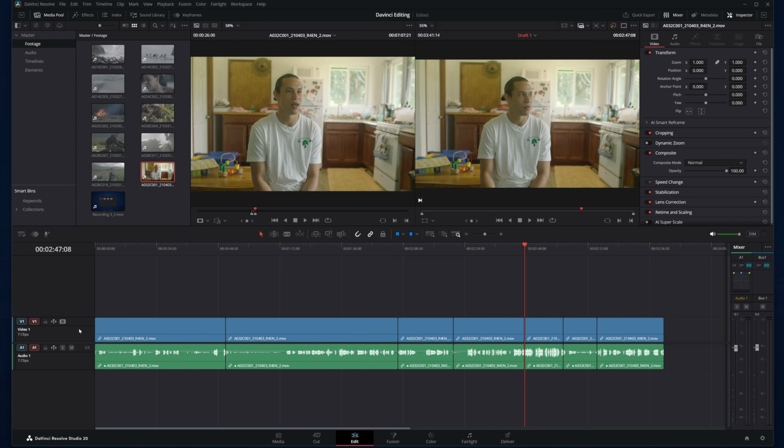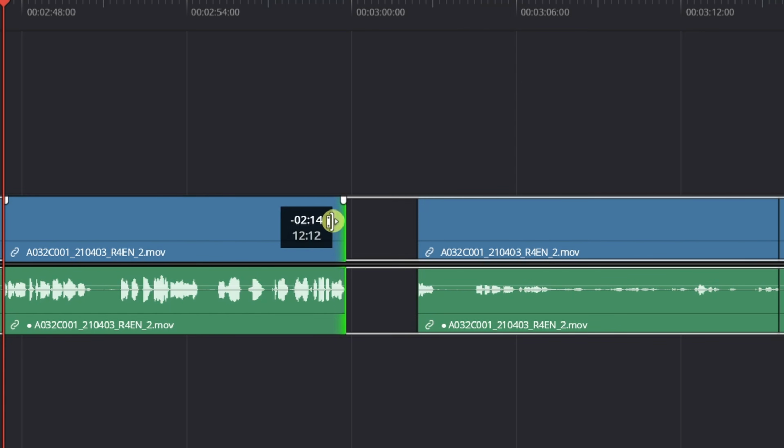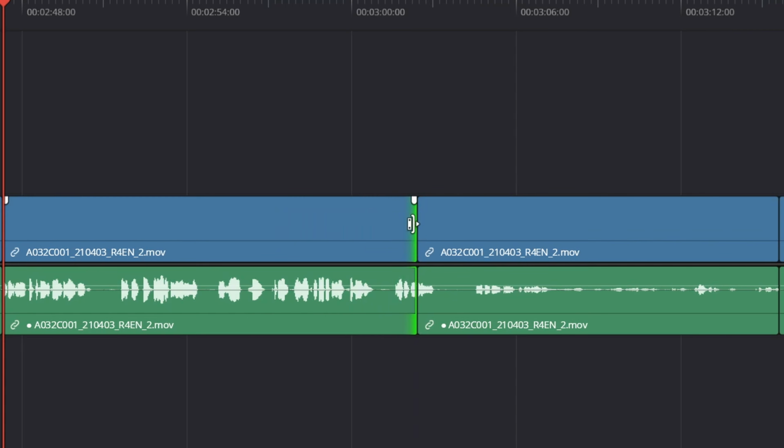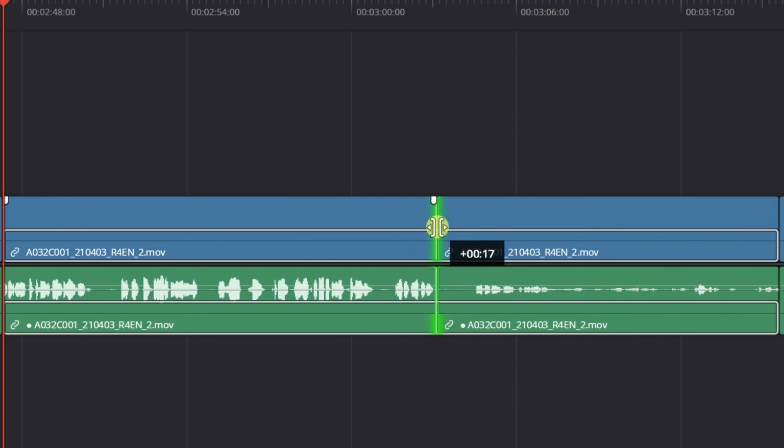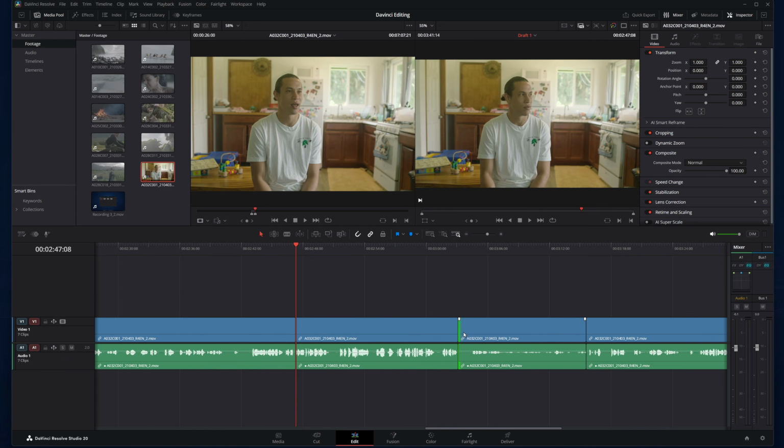To trim in the timeline, we'll be using these buttons right here. Right now we're in the selection mode. That lets us select one or more of our clips and move them around. Notice the cursor changes if I'm on the left, the center, or the right of a cut point. If I grab it, I'm going to pull it this way if the cursor's here. It'll slide the cut point around here, or drag the right side if it's over here. Another mode is the trim edit mode.